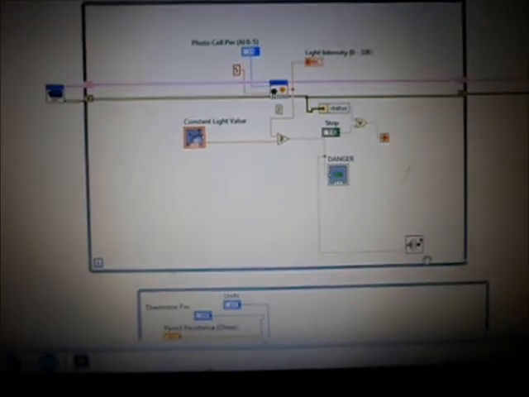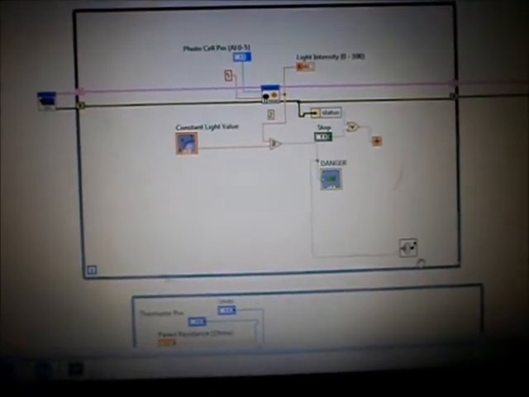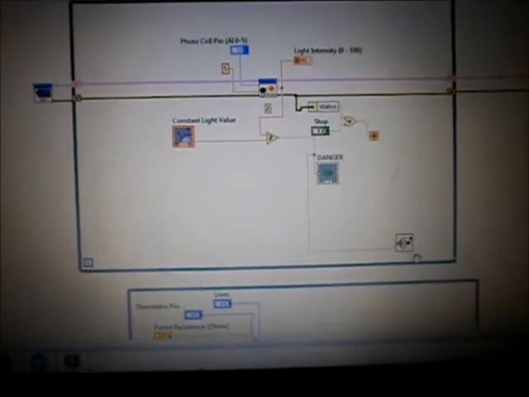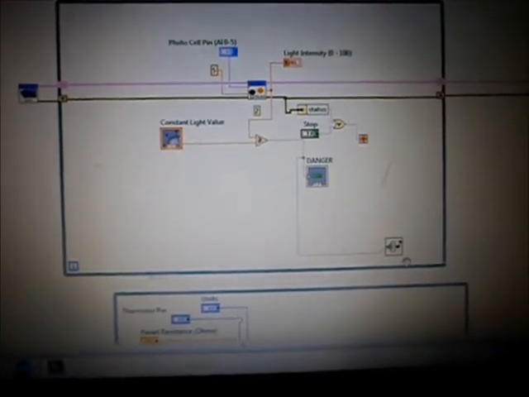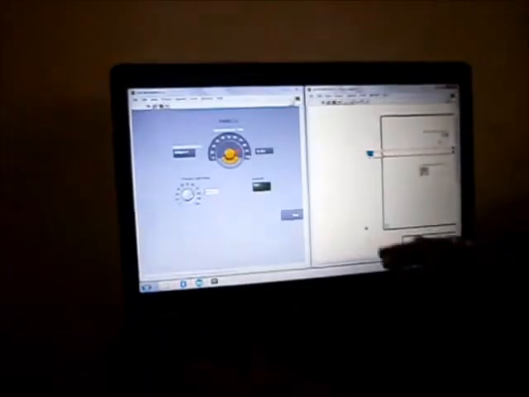So the alarm goes off, my operator who is monitoring the situation can see that, and he can signal somebody to go and inspect it. Okay. So I've told you the implementation and the basic principle of our project. Now I'll go back to the front panel to show you how the project works.